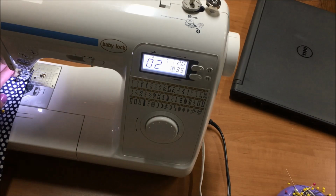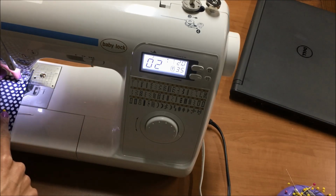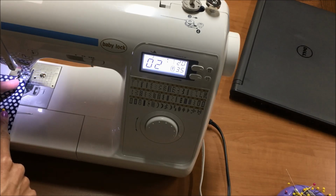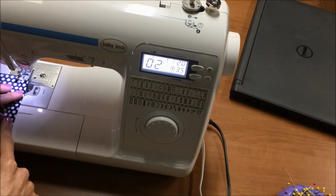Because I have my machine on a 2, I'm gonna line the fold up with this little opening, this little groove. It's like a split. So there's a metal piece, there's a split, and then a plastic section of your presser foot. My fabric is gonna line up with the split. And if you need to know precisely where on the split to line it up, just line it up where